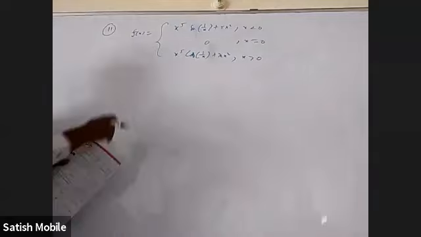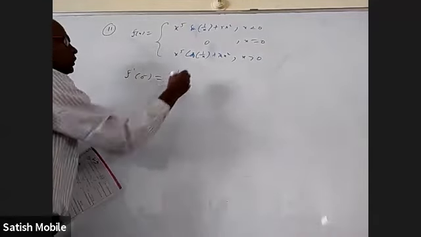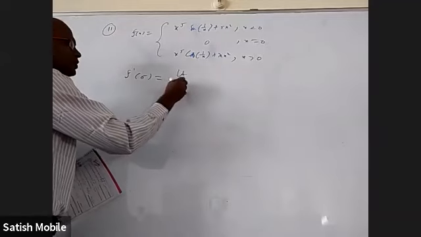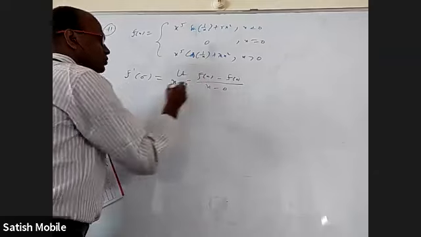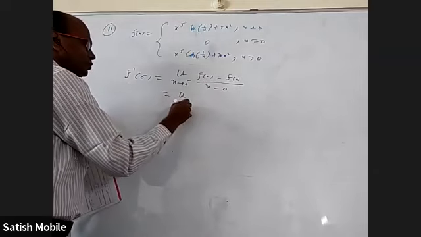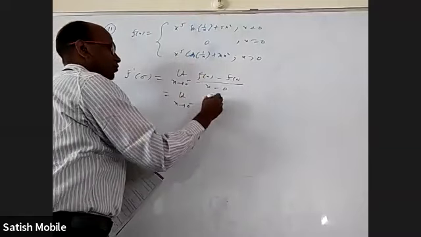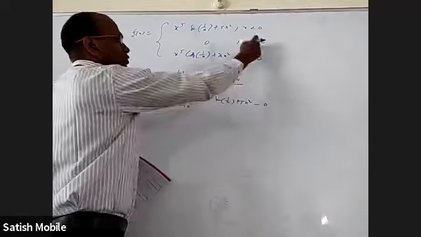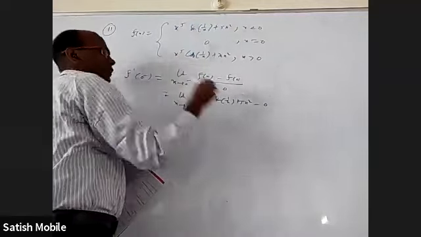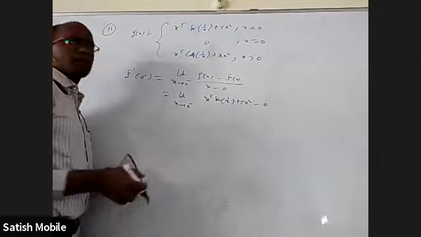So if somebody is interested in f dash 0 minus, the left hand derivative, it is limit x tends to 0 minus f of x minus f of 0 by x minus 0. Before 0, what is f of x? This one, x power 5 sine 1 by x plus 5x square. And f of 0 is 0 from this, not from this. At 0 it is not defined.